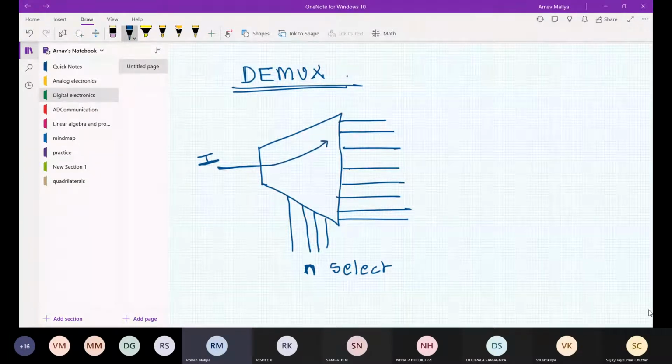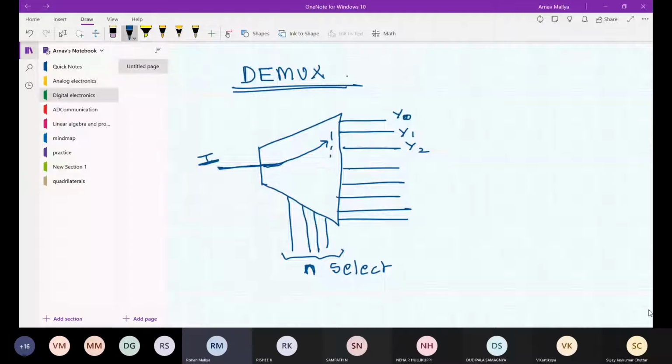So here I'll have my outputs, say Y0, Y1, Y2. I'll assign zeros and ones to the select lines, and I can decide which output this input data will go to. For Y0, all the select line values have to be 0. Similarly for Y1, Y2, I can make the combination and decide which output line will be selected.